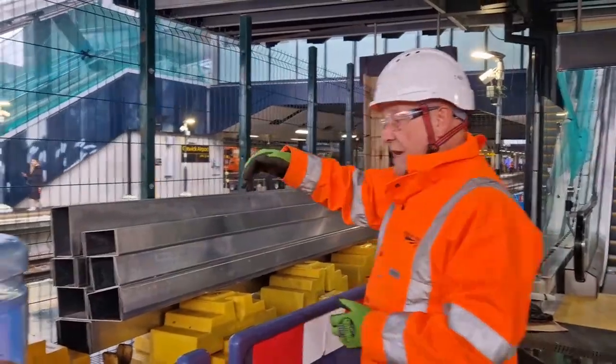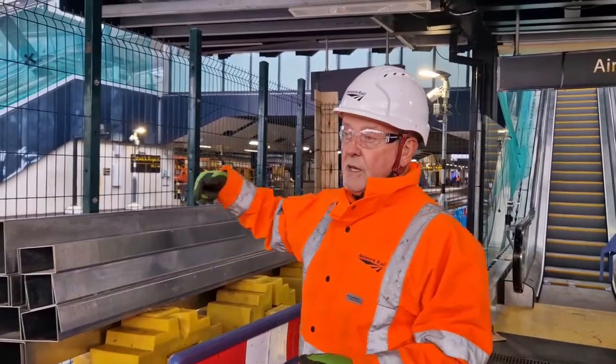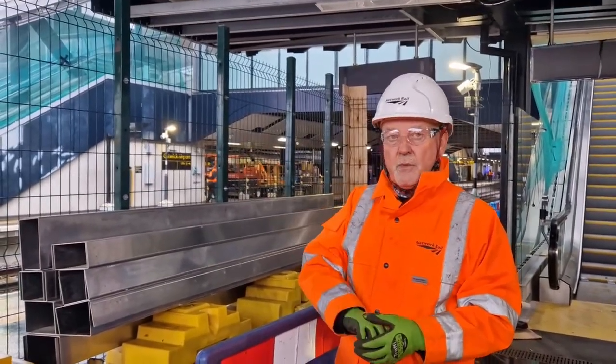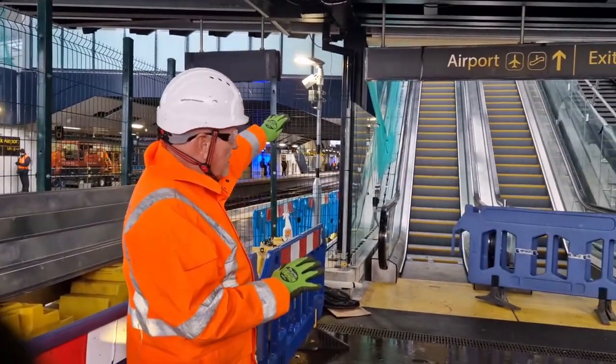This platform originally had quite an extensive hoarding all the way through here, and we've opened that up. When we come back up onto the platform on the other side, you'll be able to see looking across when we go up 5 and 6. So we'll now make our way up the escalator onto the